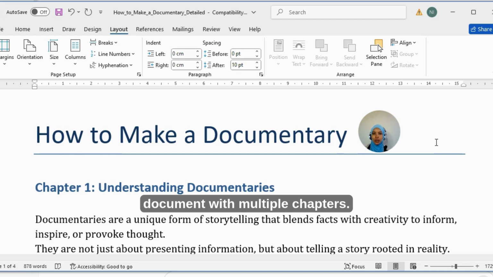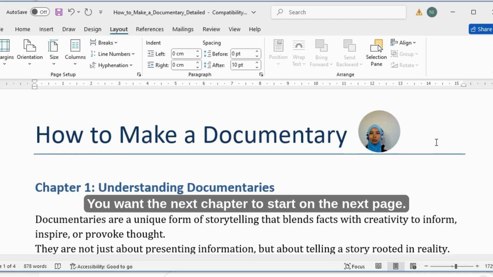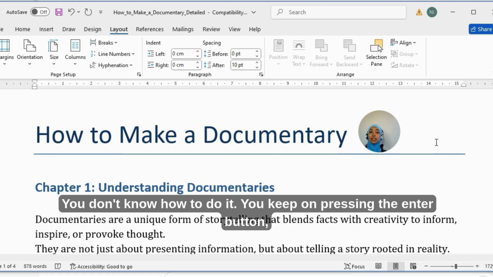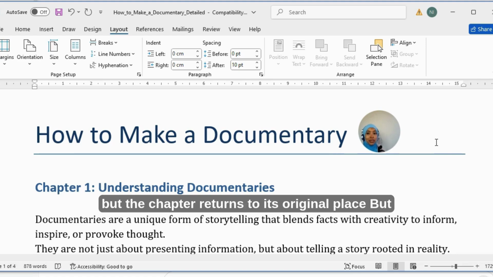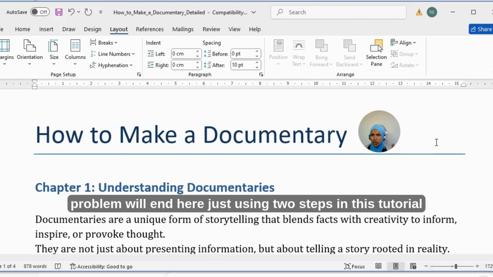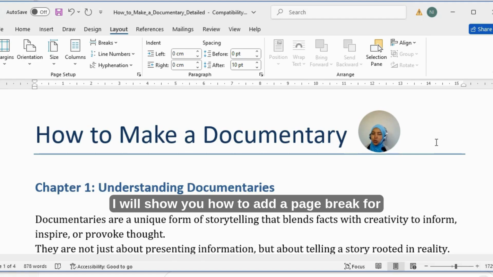You have a document with multiple chapters. You want the next chapter to start on the next page, but you don't know how to do it. You keep on pressing the enter button, but the chapter returns to its original place. The problem will end here. Just using 2 steps in this tutorial, I will show you how to add a page